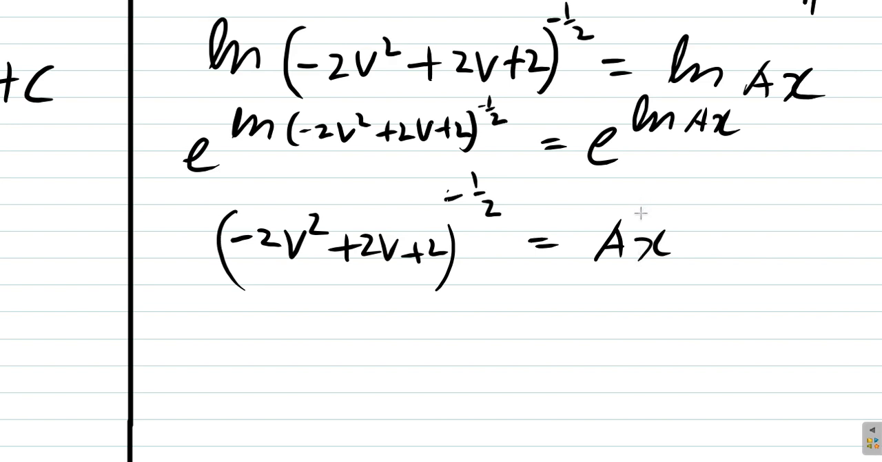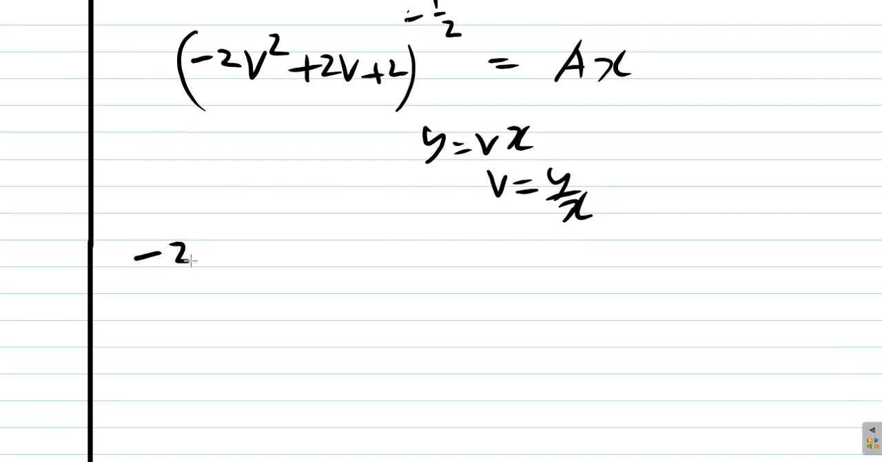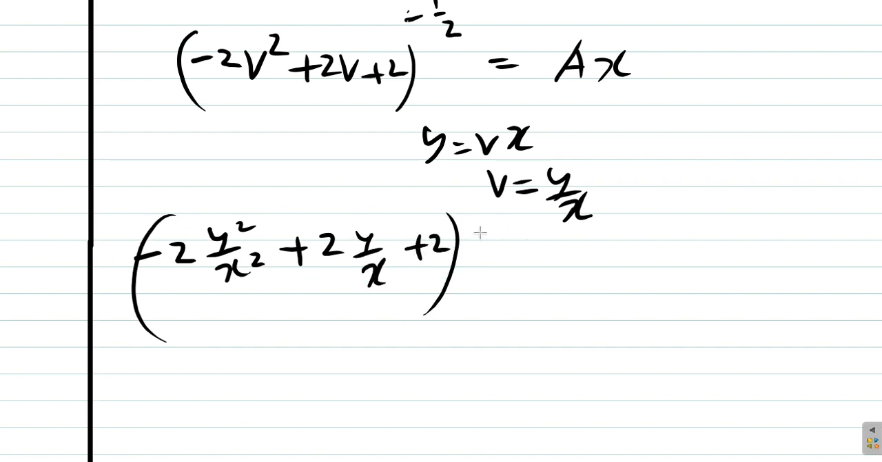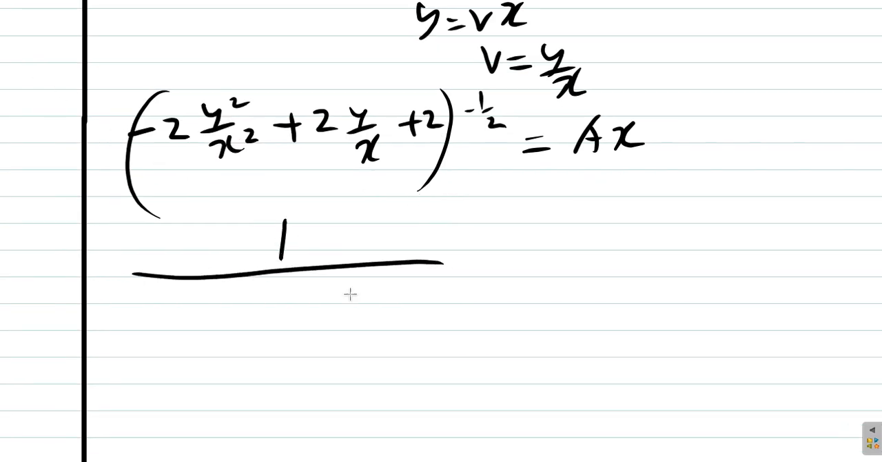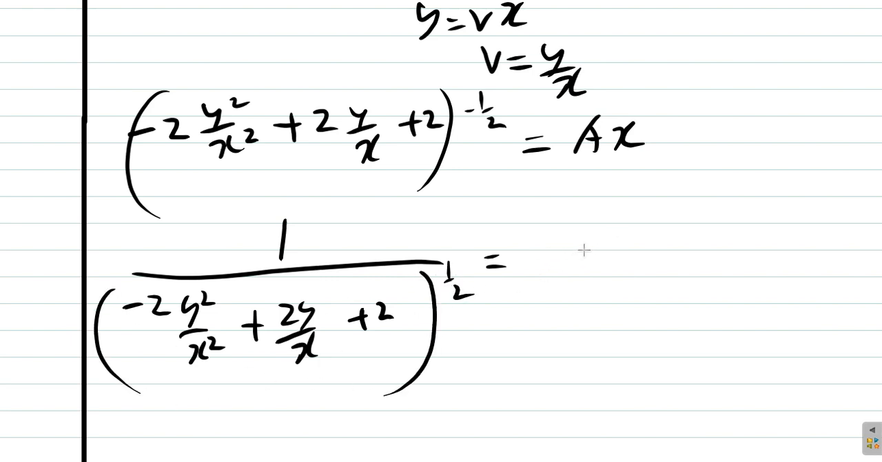By the way, remember y is equal to vx. So v is equal to y over x, and we can change the v back. So we have (negative 2 y squared over x squared plus 2 y over x plus 2) raised to the power of negative half is equal to ax. What this is saying is that 1 over the square root of all of that, to the power of a half, is equal to ax. Now, if we square this,